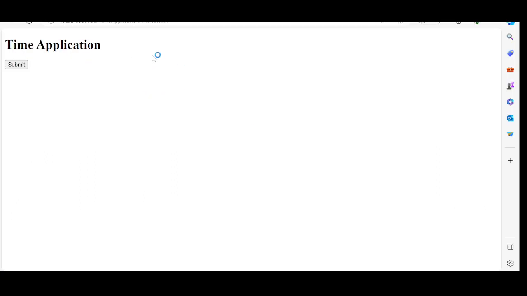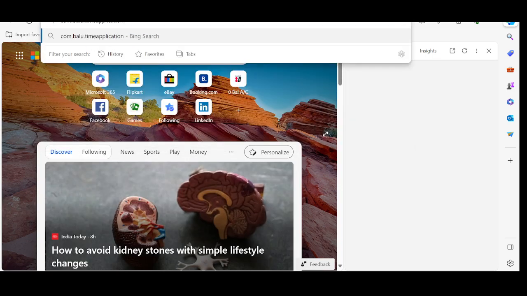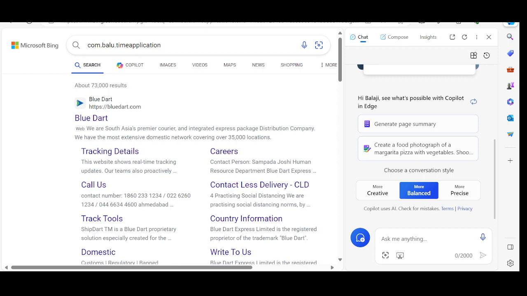So the application has started, right? My expectation is that as soon as I hit the submit button, I get the current date and time. Now just try to focus here: 10:29, 10 hours, 22, 29, 49. If I hit the URL once again for the second time,